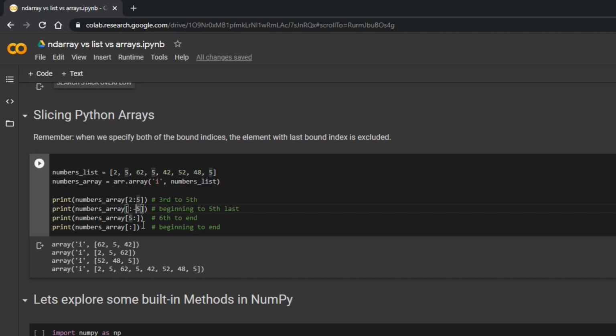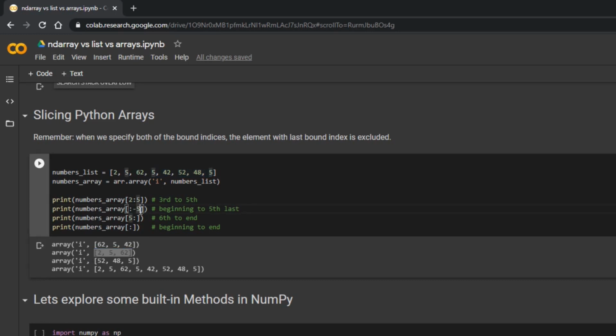Minus represents that it should begin from the end. That is, it should not include the last 5 elements. 1, 2, 3, 4, 5. Right? So these 5 elements should not be included in the output, and it should ideally have 2, 5 and 62.